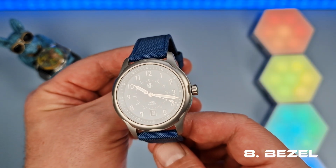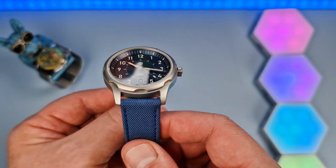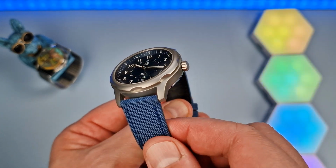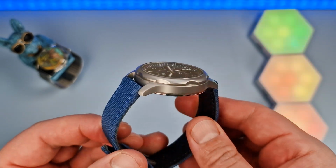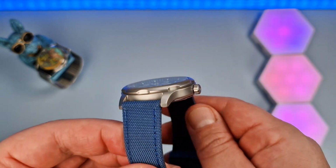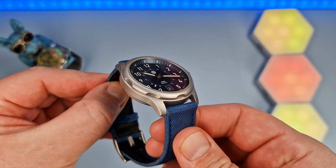Now surrounding the dial and crystal is this brilliant bezel. It's fixed, but its shape is really one that catches the eye. Now those scalloped edges, all 8 of them, add some seriously impactful detailing to this watch. Now I actually think that the bezel, coupled with the depth of the rehaut, really is the Companion's trademark